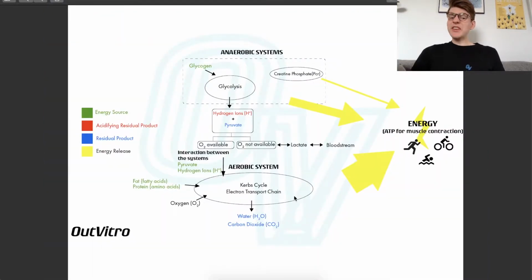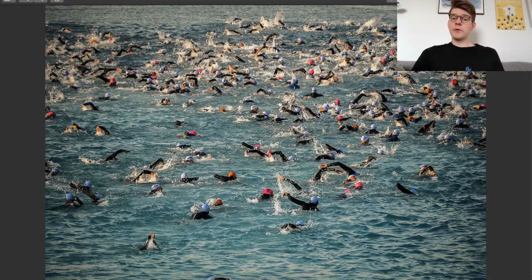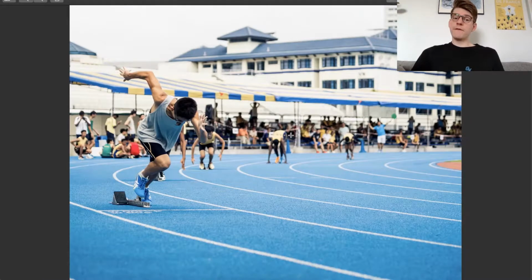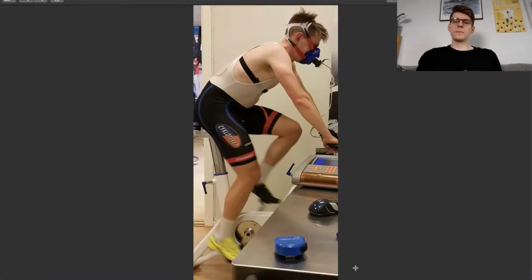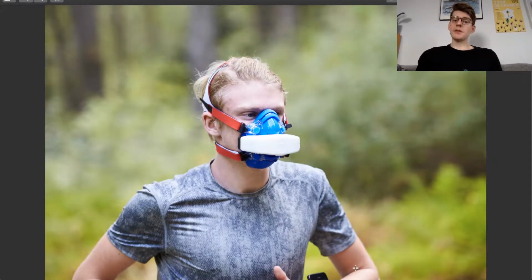VO2 max is thus the single most important performance metric in endurance activities lasting down to just about 1 minute in length. So this applies all the way from the 10-hour Ironman triathlon down to the 400-meter track run race. Oxygen consumption, or VO2, can be directly measured by a respiratory device with an oxygen sensor. It's attached to a face mask in different ways depending on what kind of sampling system is used, and it's measuring the difference between the ambient air and the exhaled air.